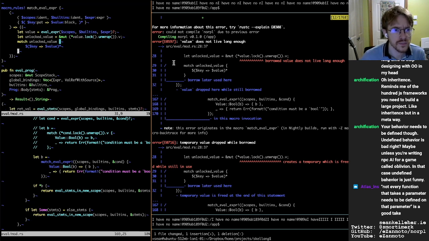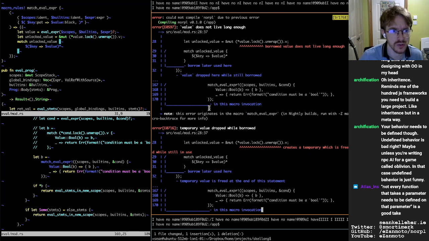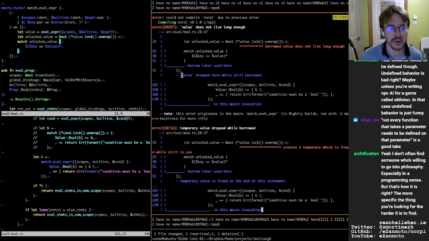Either way, both of those points look like they're within the bounds of where it can be used. So in this macro invocation, okay, that's referencing the whole invocation. And so it's saying the borrow is later used within this whole match statement. But the value is